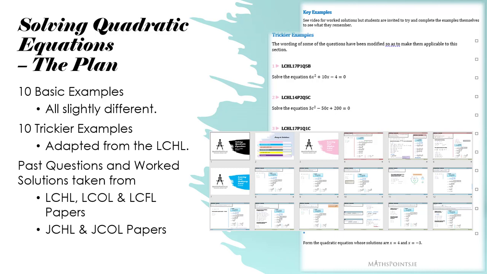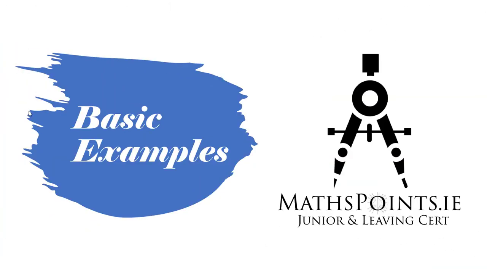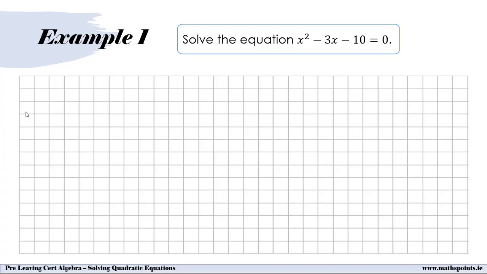It's really important that students are able to solve quadratic equations either by factorizing or by using the formula. They appear all over Leaving Cert papers, so they could appear a couple of times on a paper 1 and a couple of times on a paper 2 as parts of questions where some working out will have been done and you end up with a quadratic equation which you then have to solve to find the solution to the question. So we're going to jump into the first of our 10 basic examples,